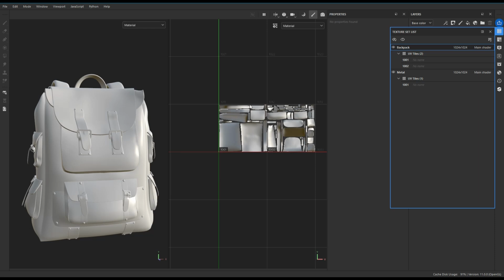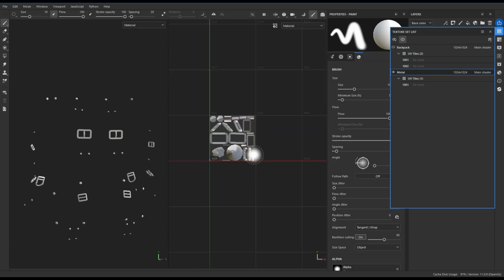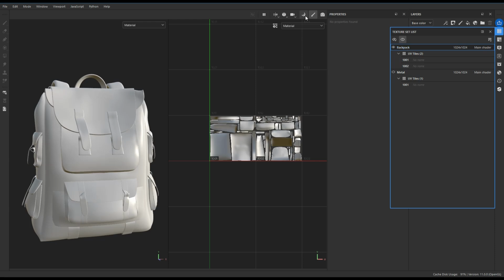Okay, now we are in Substance Painter and we import the model into the painter, and we have two different texture sets, one for backpack. As you can see, it has UDIM's UV tile layout, and for the metal we don't have any kind of a specific UV, and we are going to use a shader for the metal in the Marmoset toolbar. So we don't need to bake anything in the painter regarding to the metal section. We just go for the backpack and bake all the mesh maps that we need, and after that we import the smart material to the painter, create everything regarding to the mask, stitches, and etc., and make this bag fully